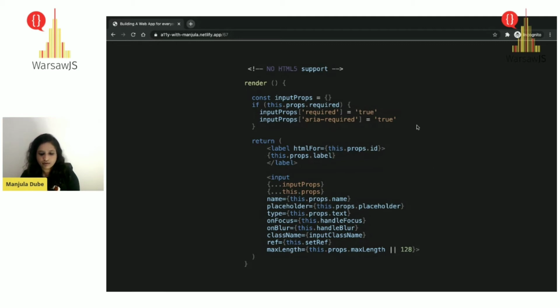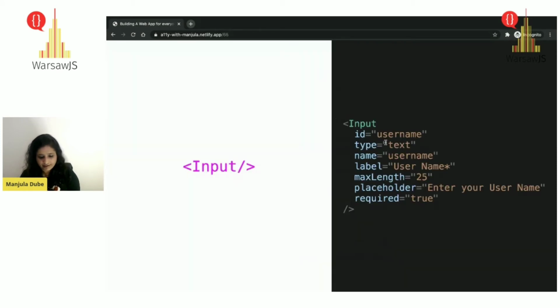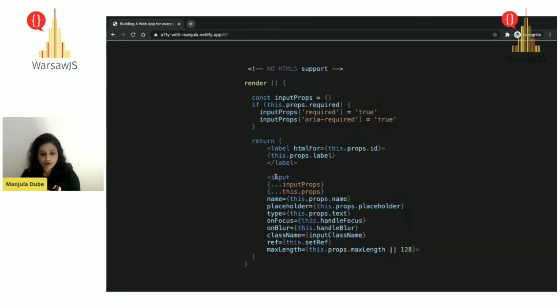So it's a good way to always include aria-required explicitly, because when you pass required here and spread the required attribute, yes, for sure, it is also taking care of screen readers. But if there's no HTML5 support, you need to explicitly specify aria-required. Only then the screen readers would know that that field is a required field.